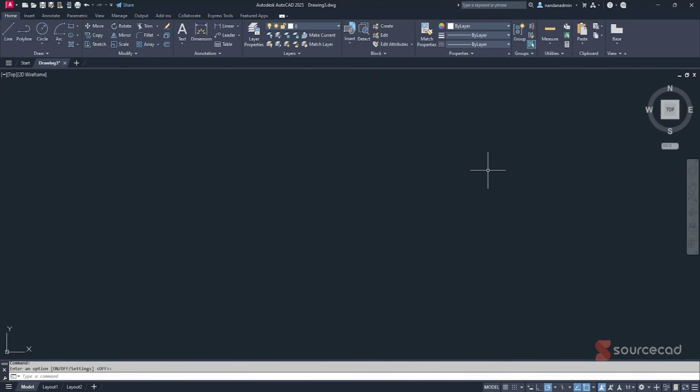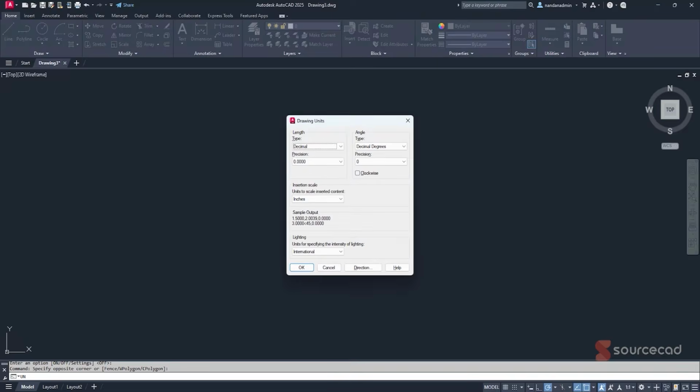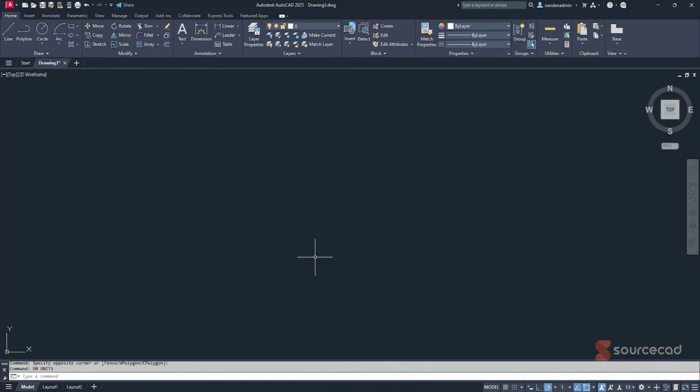Now the first step is unit. So let's type UN, press enter, and here we have the drawing unit window. Now here I'll select decimal, and then in the precision, 2 decimal places is just fine. And for the insertion scale, I'll use millimeter, and then OK. So with that set,